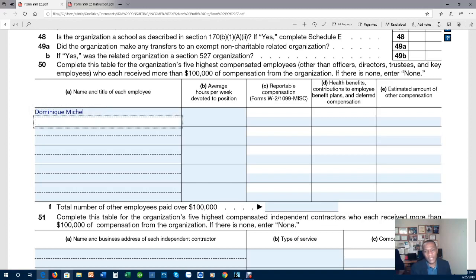Let's say accountant, because I'm an accountant. And then average hours per week, let's say required 20 hours per week to do the accounting of the organization. Reportable compensation, let's say the company says more than $100,000. If you are the accountant, I don't think the organization is going to pay you $100,000, but just for the purpose of this video, let's say that it's